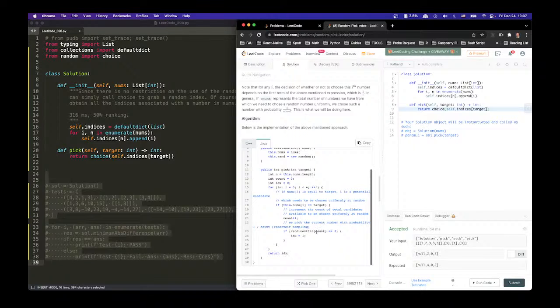Well, I don't know what next does, but hold on. So what it says is if we encounter the value we want and we count it, let's say there are two of them, and then we want to randomly choose. Basically, we want to choose with a 1 over n, 1 over count probability, and we just set it equal to 0. The probability, I guess, is from 0 to count minus 1, right? Maybe, I don't know. So you choose it. If it is, I set it to i. And because you have to go through every single one,